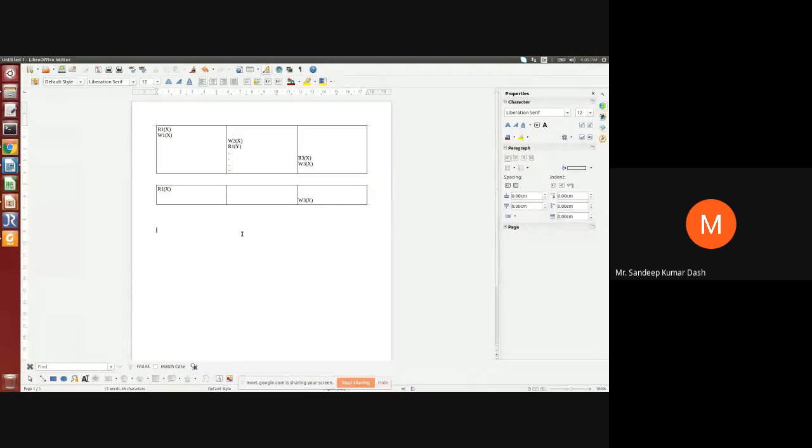Suppose a conservative two-phase locking is there. It will request a read lock on, suppose, Y initially. Then it also requires a read lock on, suppose, Z. It also requires a write lock on P, because it has to declare all the locks that it requires at the beginning. Whatever locks it requires, it has to declare at the beginning.